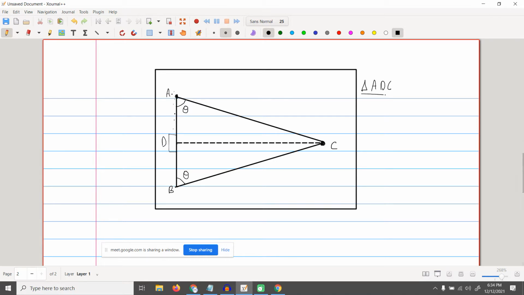This makes a triangle, triangle ADC. You know that this is 90 degrees. What we can do is measure the distance AB, the length of AB, which is known. That is a given length, call it capital L, which also means that the length of AD is half that length, L by 2. So this much is L by 2, this we know. What we need is capital D. Actually, capital D is not a good idea.